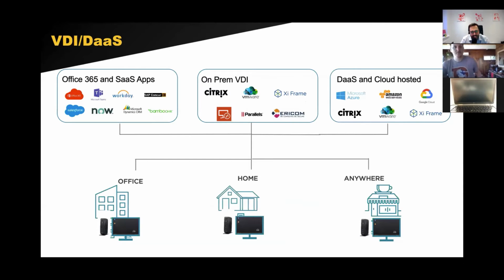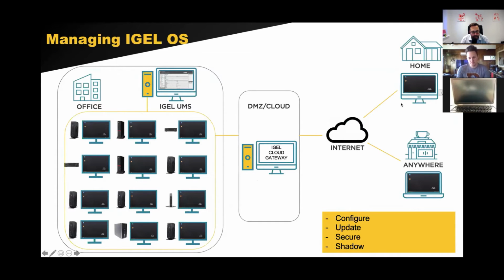If you take a look on LinkedIn this week, you'll see that one of our customers has worked with us so that their IGEL operating system is actually running the Zoom client for Linux natively on the operating system, and there's also some beta work going on with Teams natively as well. But you can open up a web browser, you can access a lot of your web-based SaaS applications. Alternatively, we'll connect you into either an on-prem or a cloud-based Citrix or VMware type of environment, and you'll be able to run all of your virtualized desktops and applications.